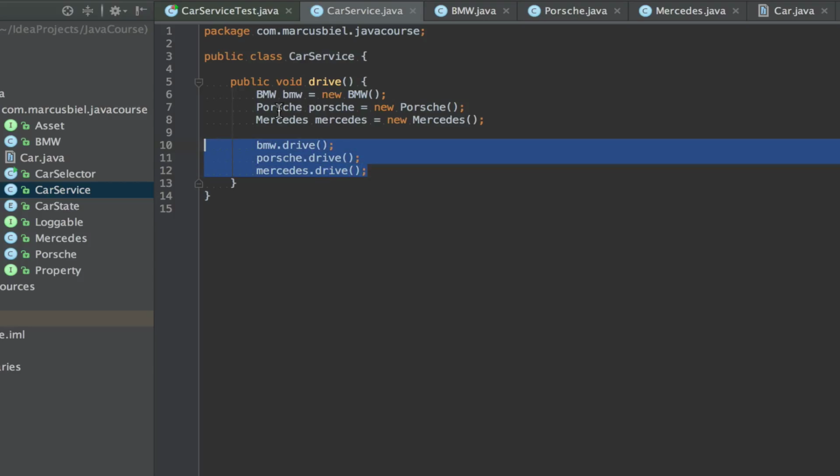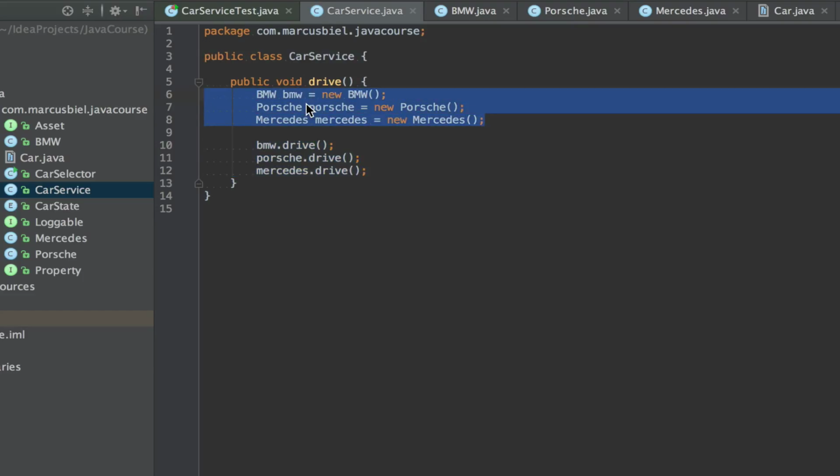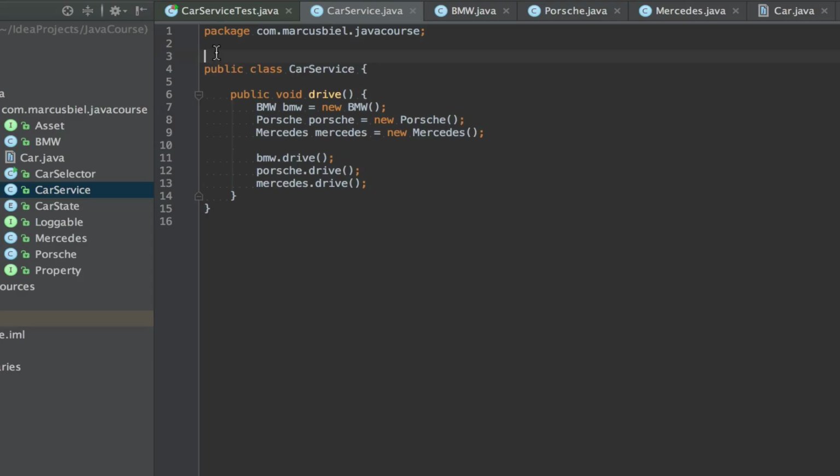Actually, all these classes are in the same package. This is why I don't have to import any class. But imagine each class would be in a different package. We would have to import each class separately, like BMW and Porsche and Mercedes and so on.